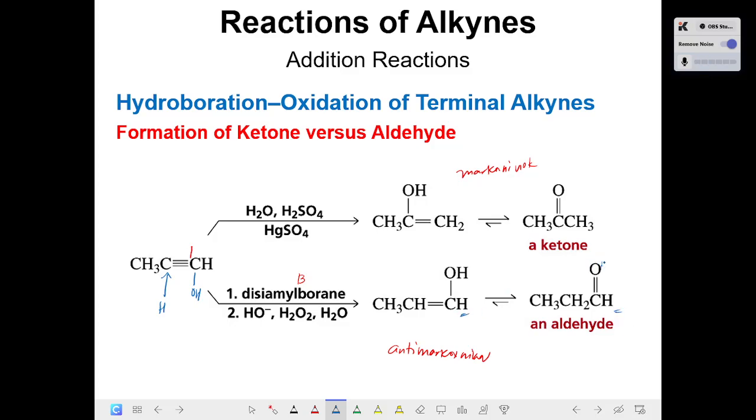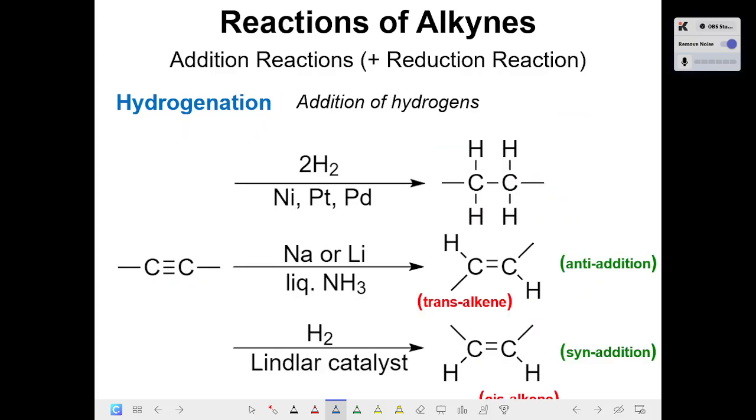What happened to the H na originally nandito, na ilipat siya dito. Yan. Kaya siya naging aldehyde. Okay? So, using this reagent will create an aldehyde instead of a ketone. Now, we go to